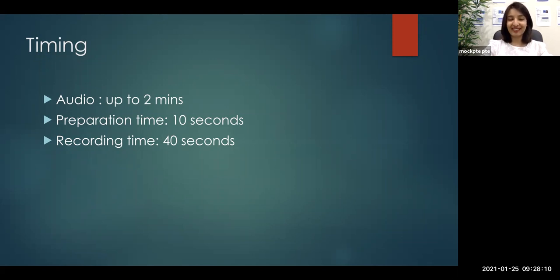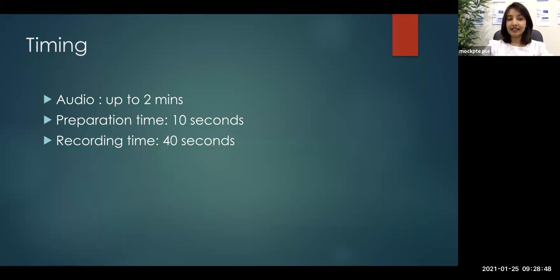Because as I mentioned in the other videos, the computer has a rule in PTE. If it already started the recorder and if it does not hear anything for 3 seconds or more, it will stop the recorder, which is why you need to start answering as soon as you see the first blue bar. Because if you wait a little bit of time in the beginning, even if you speak after that, the computer would not be recording it, because it did not recognize any voice for 3 seconds or more. So do not wait for too long. Start as soon as you see the first blue bar. Now, the recording time is 40 seconds. That means you have 40 seconds to talk about the audio.